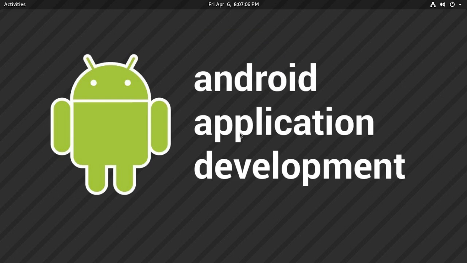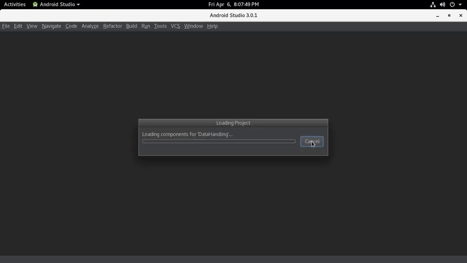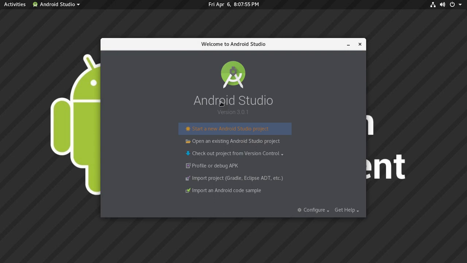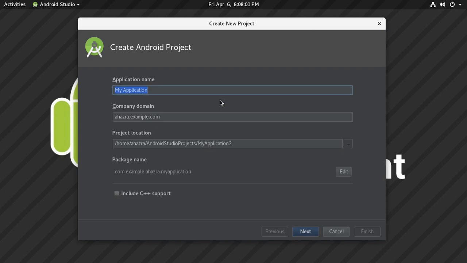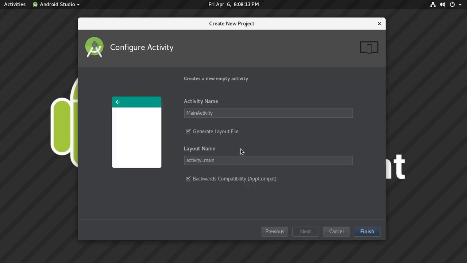I am going to start my Android Studio software in my computer. So let's see that. It is running in my computer. Let's see. It is almost loaded. Now I am going to create a new project here. Okay, I am naming this new project handling data, and I am choosing the empty activity here. I am naming this activity, suppose, activity